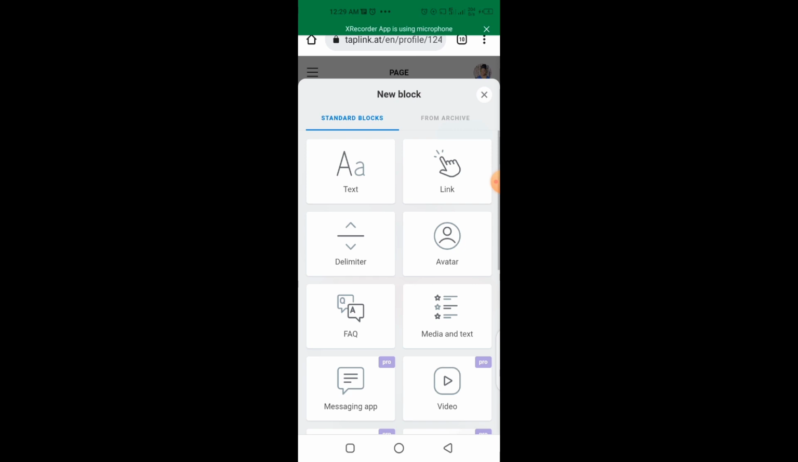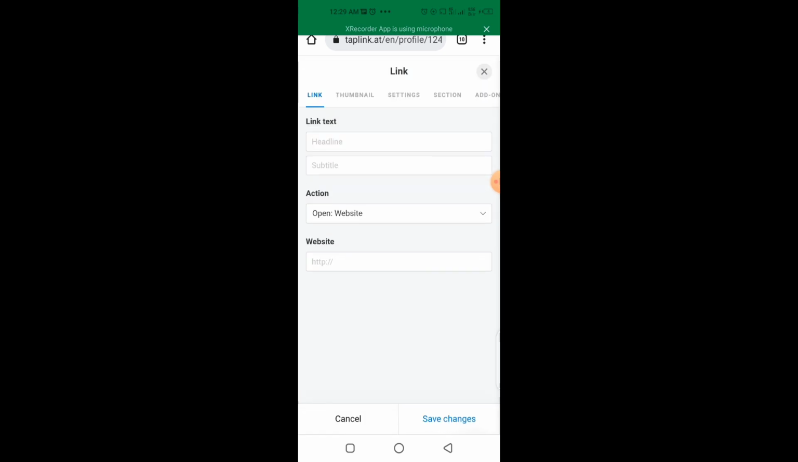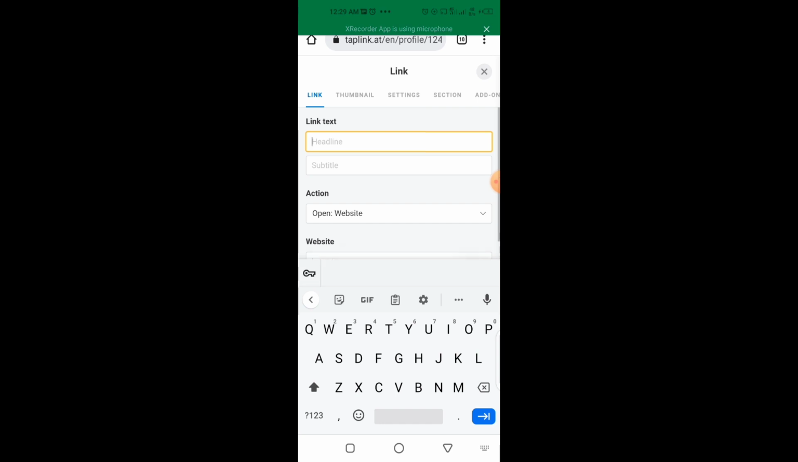Remember that before we have generated a WhatsApp link. So now let's add the WhatsApp link. So the next thing we are going to do now is a link. Add a link. Now the heading can be anything at all. Let's say healthy products, or click